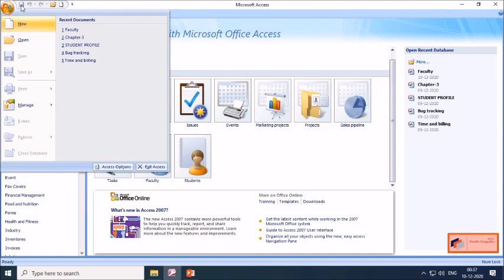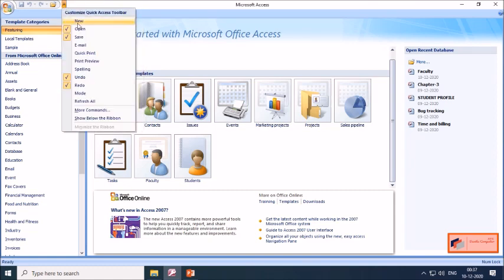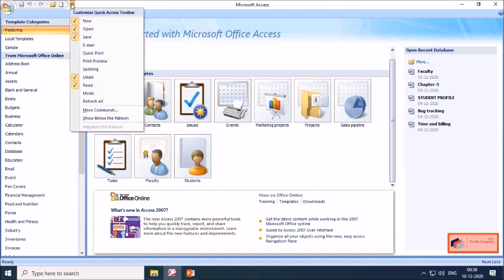Then after that you can see there is a quick access menu where we can customize the quick access toolbar. Whichever option we want, we can select it and we can deselect it. Now suppose I want to remove this from the quick access, I will just click on this. Now you can see the new option is deselected. Now suppose I want to again select this new option, I will click on this, and this way you can select the toolbars which you require. So this is called the quick access toolbar.